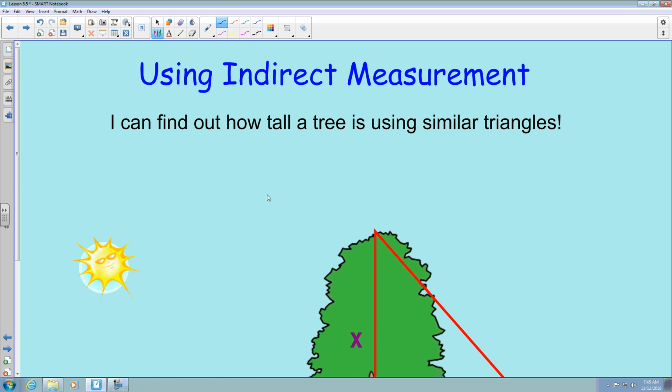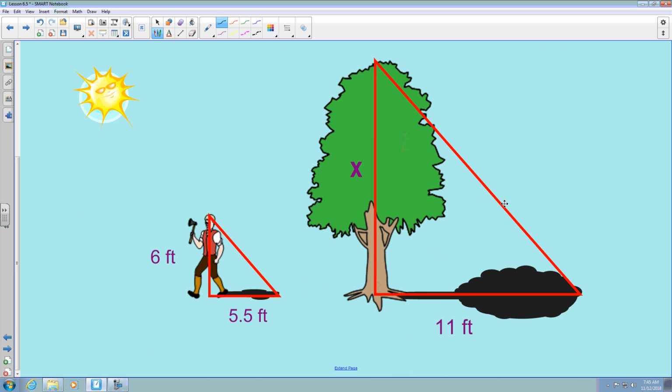All right, so sometimes we have indirect measurement. It says I can find out how tall a tree is using similar triangles. So if you look here, they were able to measure the shadow of the tree, and they were able to measure the person and the shadow of the person. The only thing we don't know is the height of the tree. So how we set that up is, again, you have to be consistent with what you're placing in the numerator and what you're placing in the denominator. In this case, you can put shadows in the numerator, and then anything that's not a shadow